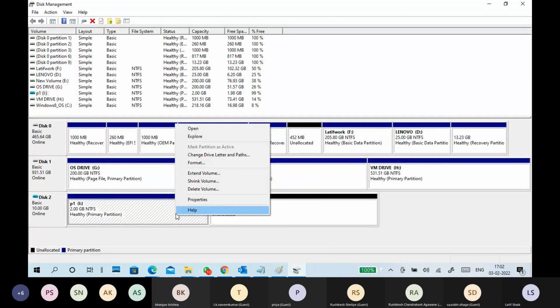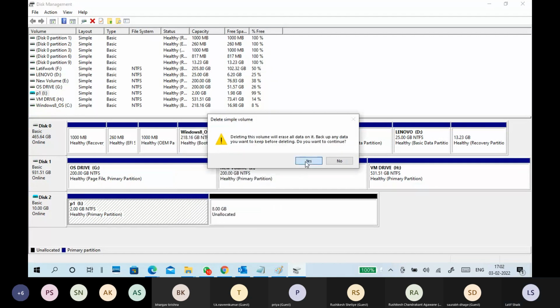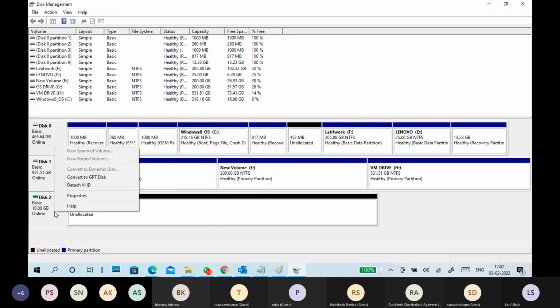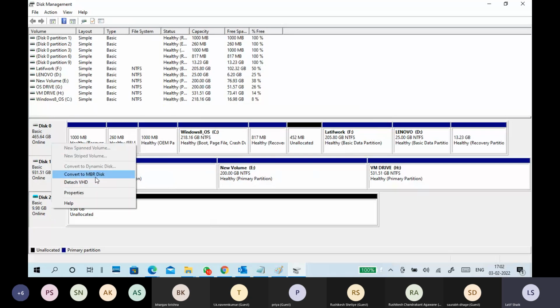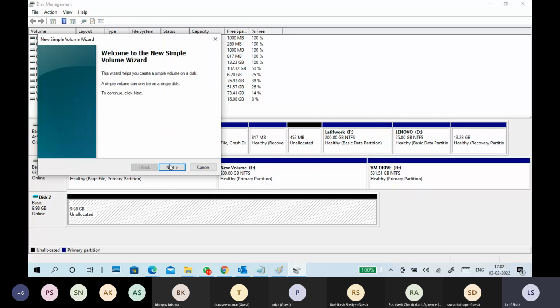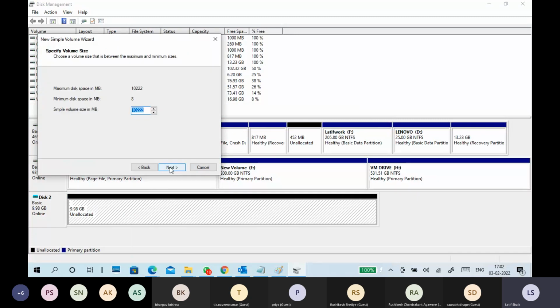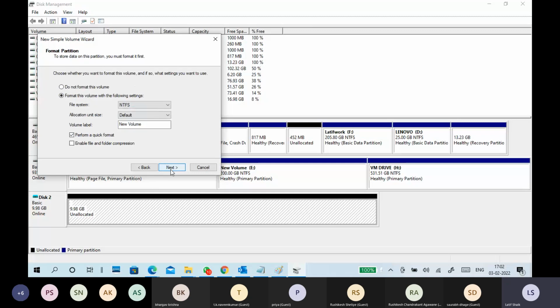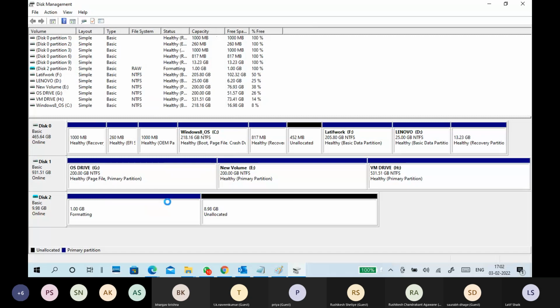Okay. So finally, I'm deleting the last partition. Because it's MBR, I'm converting to GPT. If you want to do the same practice, convert into GPT. So this is now GPT, right? So what to do? Again, create a partition, 1024. Okay, P1. I'm creating again.